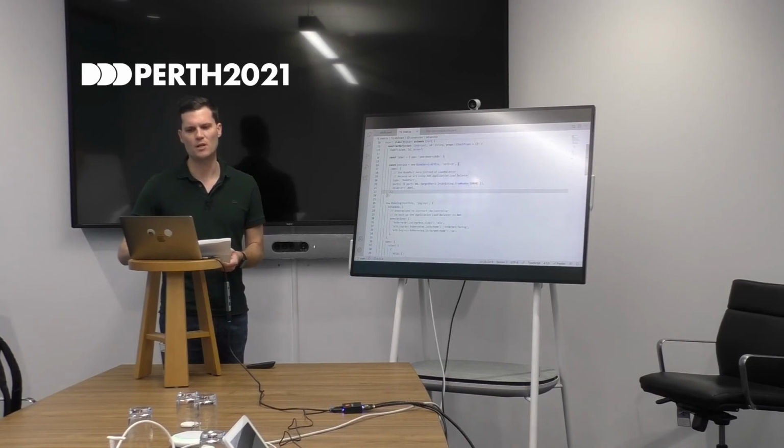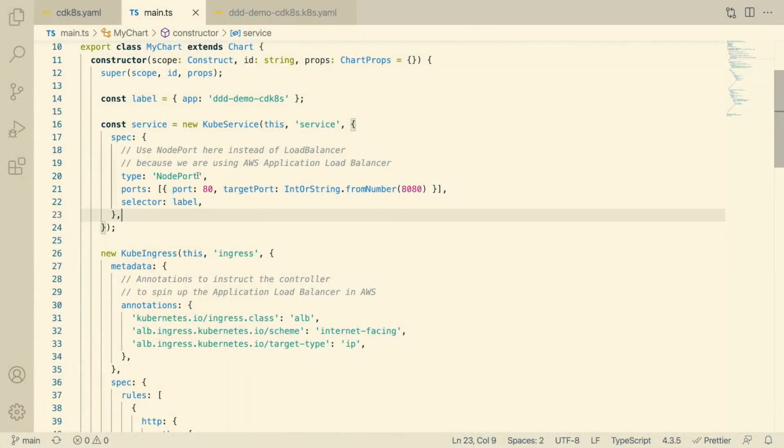we define it of type node port. If you've used Kubernetes elsewhere, you might be used to the load balancer type of service. This is what I've commonly seen before. And it took a little while for me to understand here that because we're using the application load balancer, we actually need to open the port on the node or on the Fargate pod itself, because the application load balancer is going to direct the traffic directly to the pod.